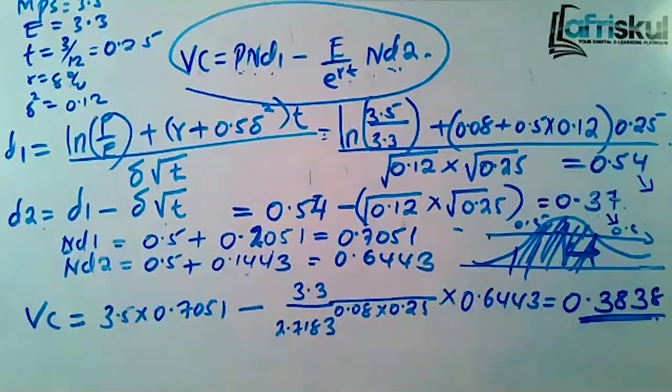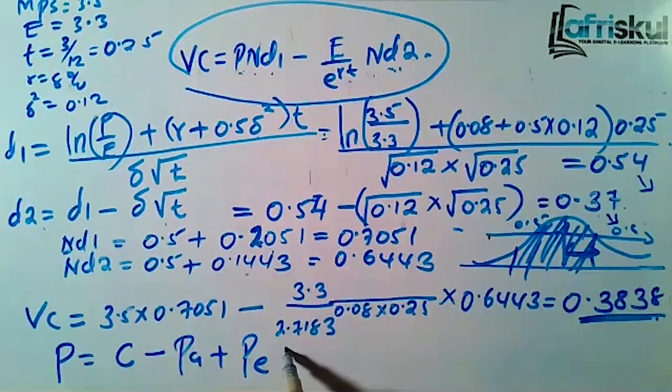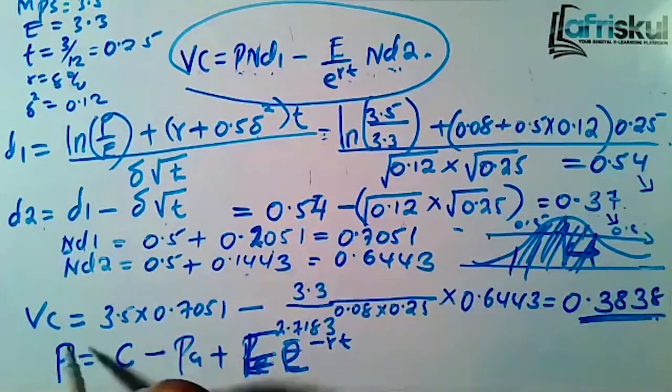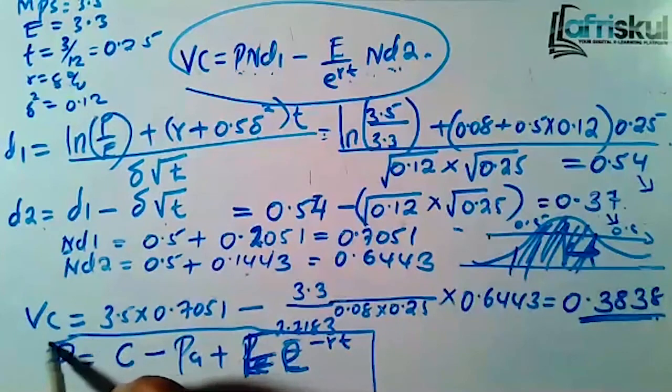Now, assuming the examiner also wanted the value of the put, using Black-Scholes, you just use the put-call parity theorem. I repeat again. In this case, it was just a call option. In case the examiner wanted the value of the put, you use the put-call parity theorem. We say that P is equal to C minus P plus E, exponential, or you can just use this one as E, and then small e raised to power negative RT. That is when you wanted to get the value